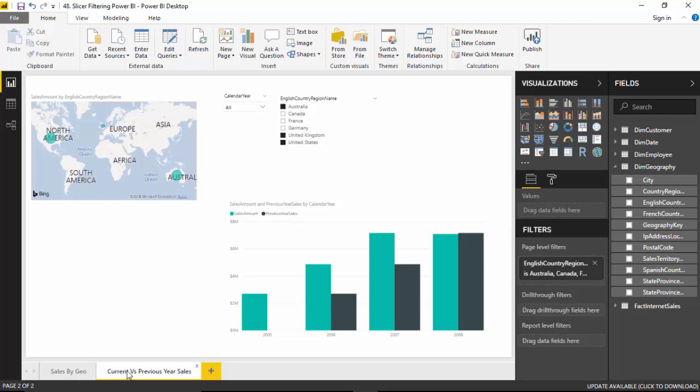So in this video, we learned about the slicer and how to use the slicer for filtering the data on